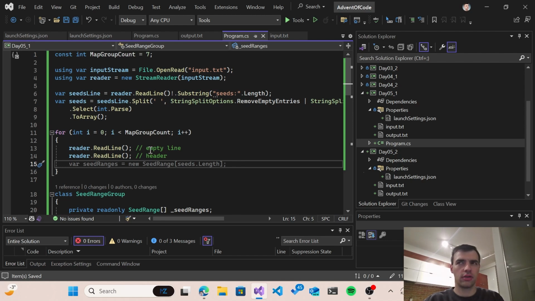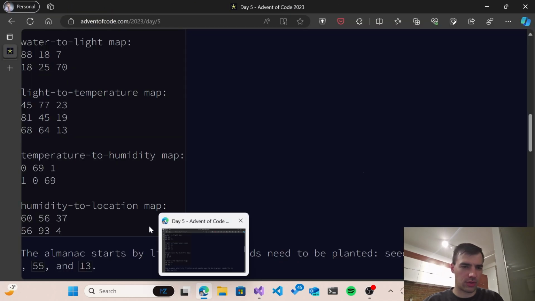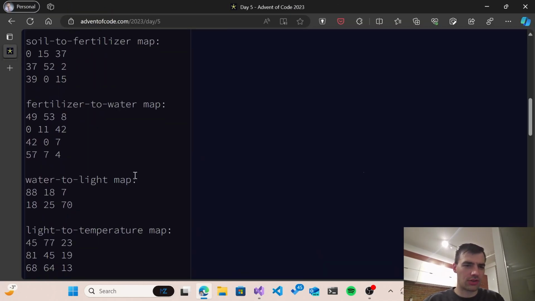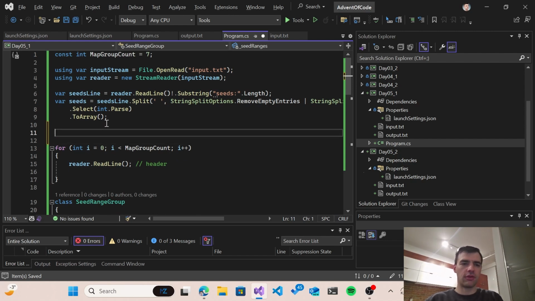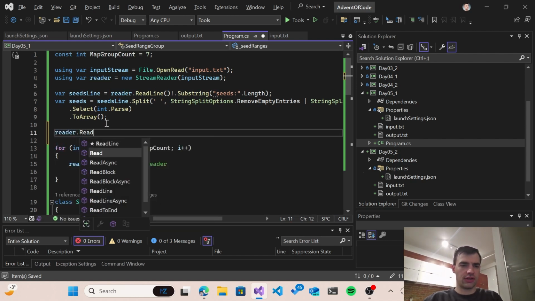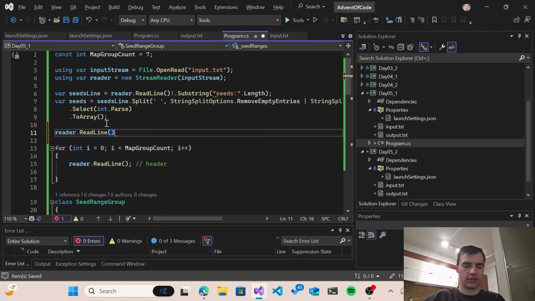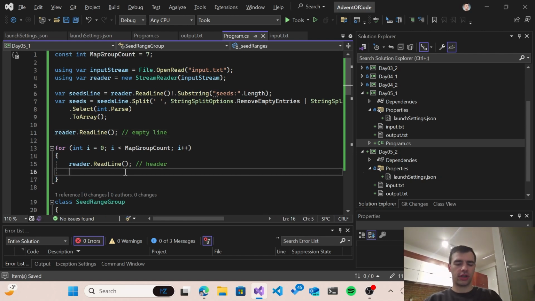Or can we do this like? Oh, we cannot do this way. We don't know how many lines there will be, so I will do it like this. So reader read line. I will read the empty line. Then we need header for each group, and then while we